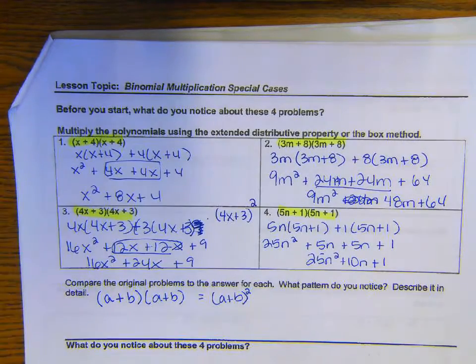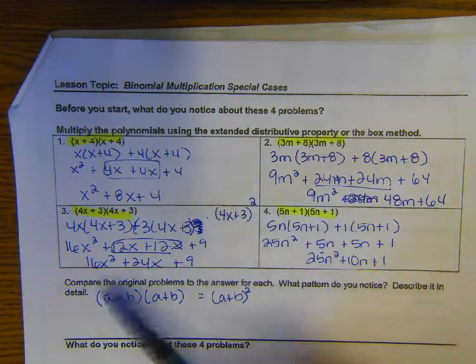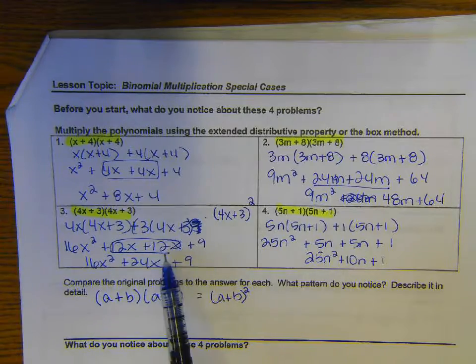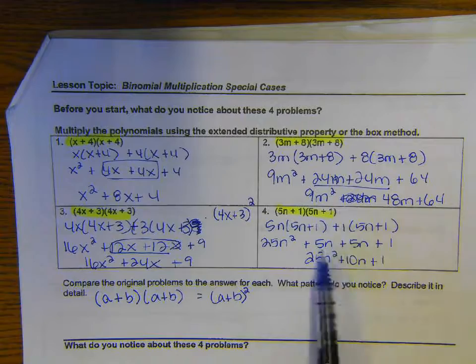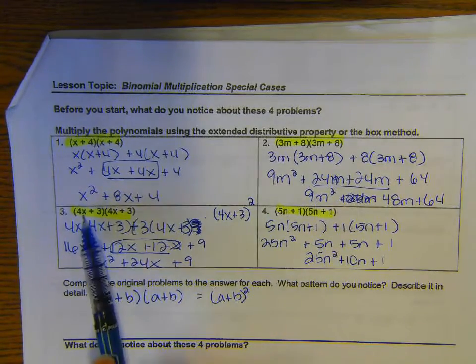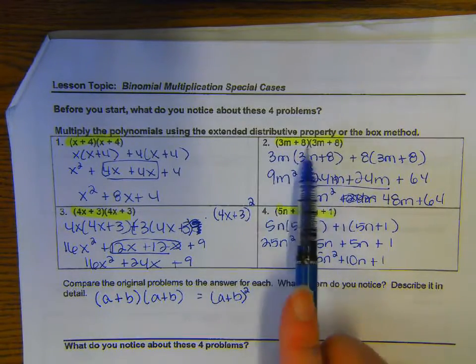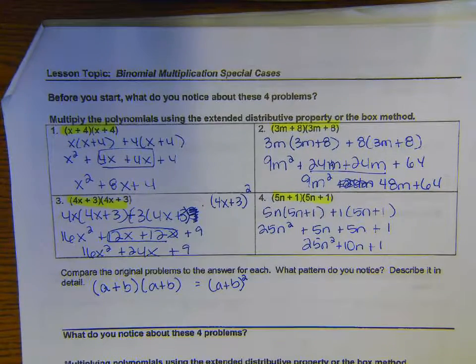And then I was hoping you would notice some other patterns. For instance, when I did my final answer, you should have noticed that the x terms were identical. There were two exactly the same, okay? And also that number is the same as 4x times 3, or x times 4, 3m times 8. So if you wanted a shortcut rather than doing the long way,